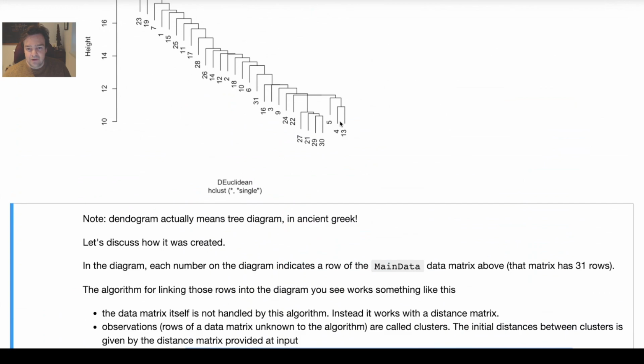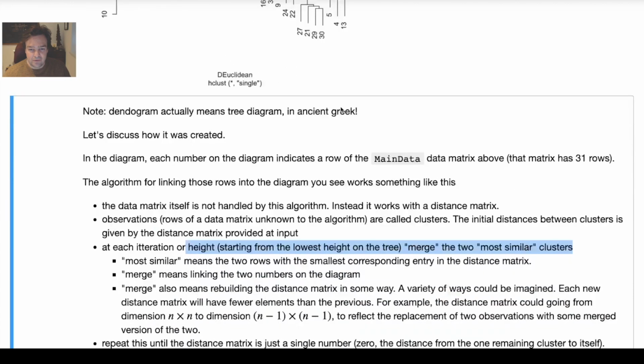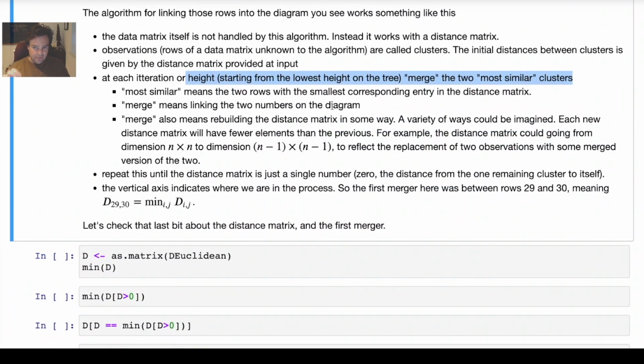Like here is the merger of observation 13 and 4 is what's happening right here. And then whatever that thing became then gets merged with observation 5 and so on. So the first thing you do is you draw on the diagram a little link merging these two objects. But more importantly, what you're doing to the data itself, or to the distance matrix, is you're reducing the number